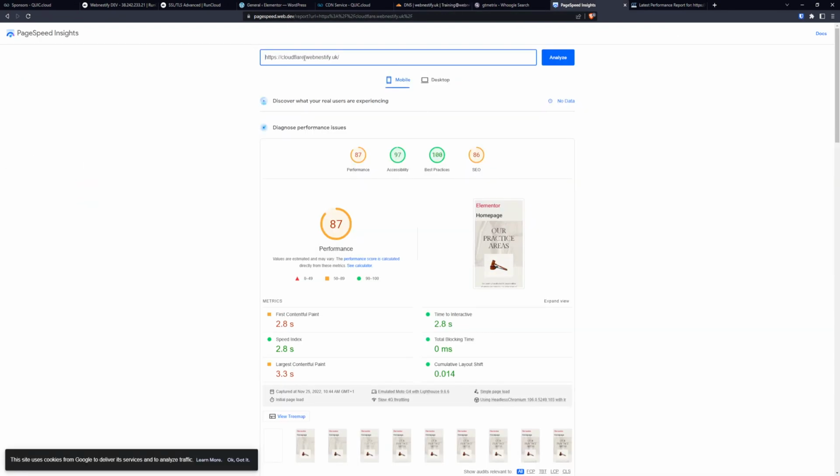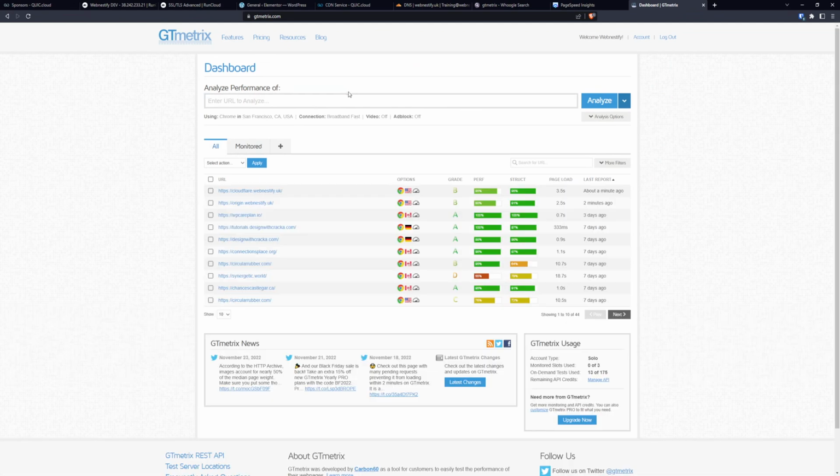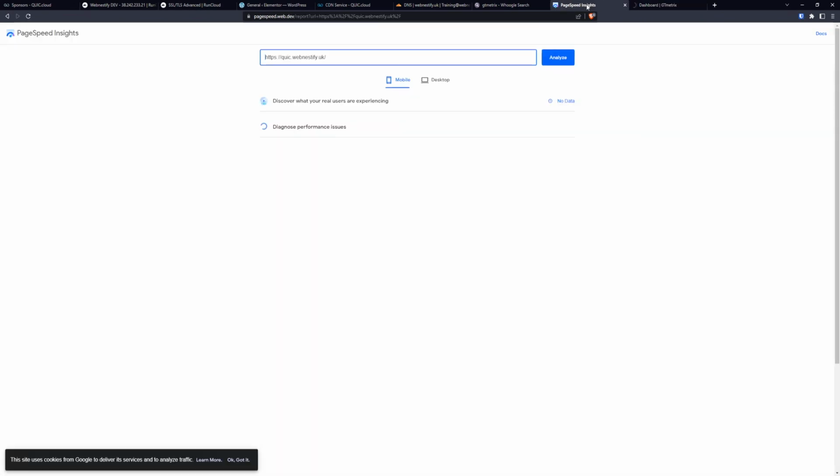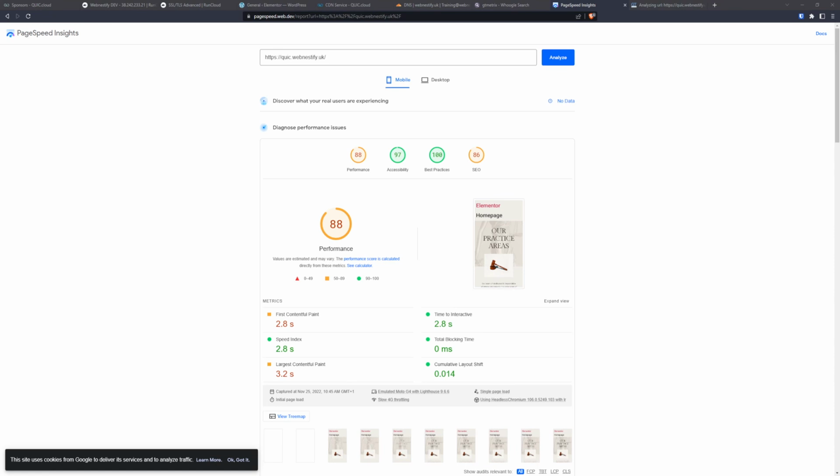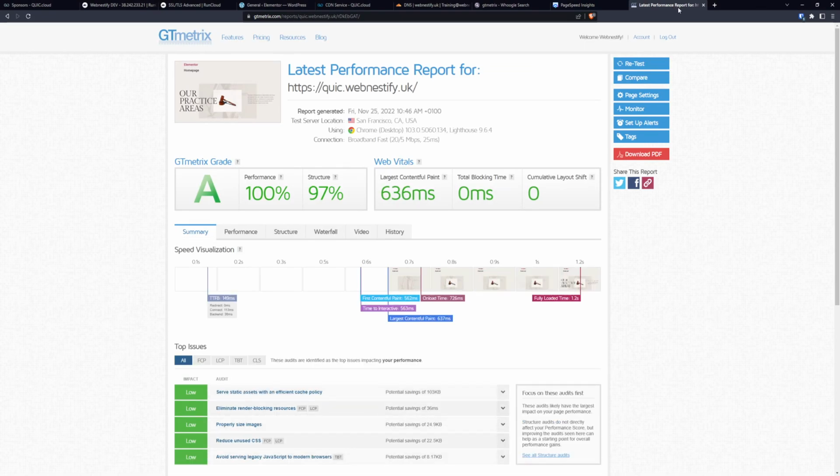And now we can check our QUIC.cloud CDN, how will it perform. I'm gonna go analyze. And as you can see, the performance is also the same, but when we check the GTmetrix, as you can see, we have a lot better results with the time to first byte only 150 milliseconds, which is amazing. And our first contentful paint was cut down almost by 1 second. As you can see, our full website is loaded in 1.2 seconds, and the first contentful paint is 562 milliseconds. And as we can compare it to our previous results,